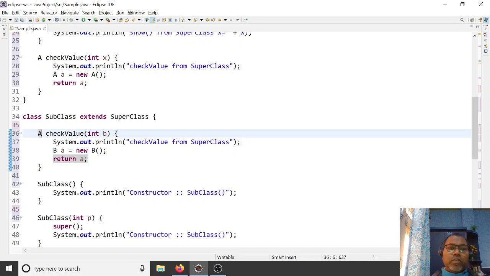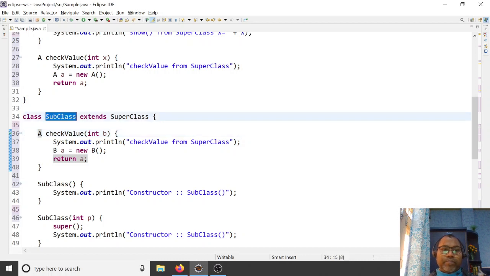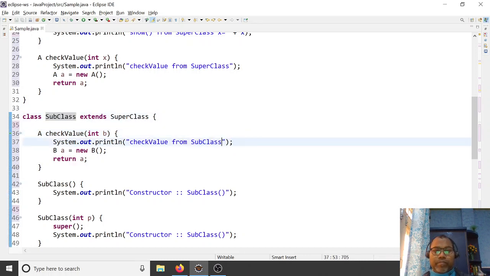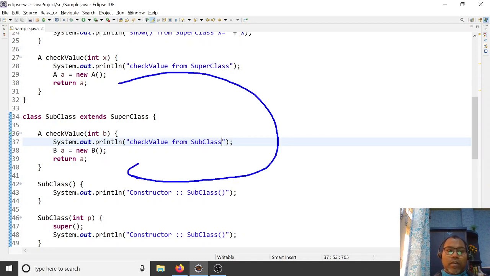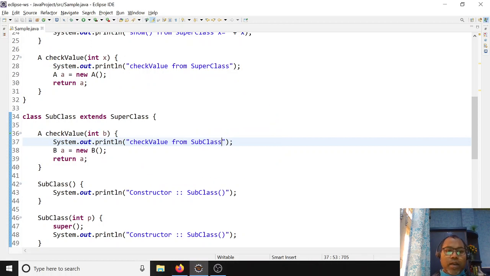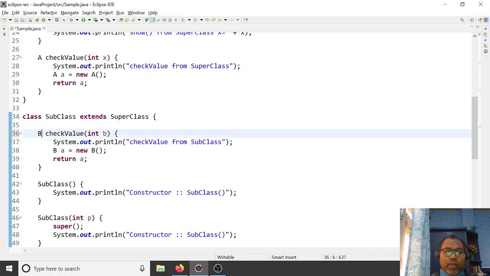This is the overriding. Here, the same name, one input integer argument, is overriding. You can write return type A, or you can write return type B.